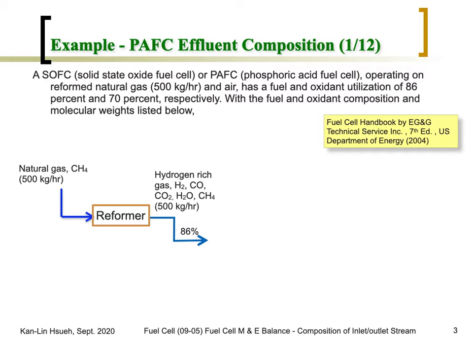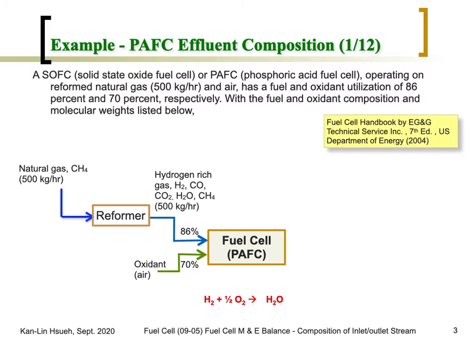This hydrogen-rich gas feeds into the fuel cell. The utilization rate is 86%, which means only 86% of the hydrogen will be reacted. The air is supplied through a separate stream, and the utilization rate of the air is 70%. That means of the oxygen inside the air, only 70% will be consumed. The remainder will be